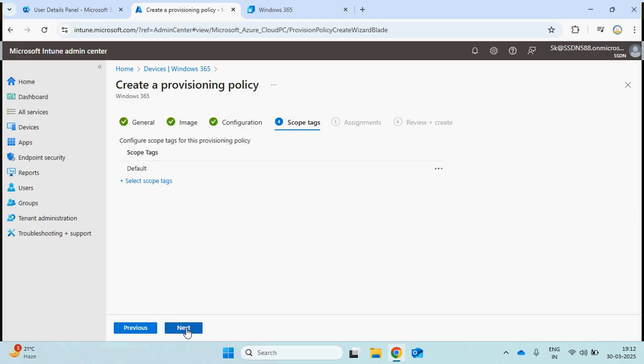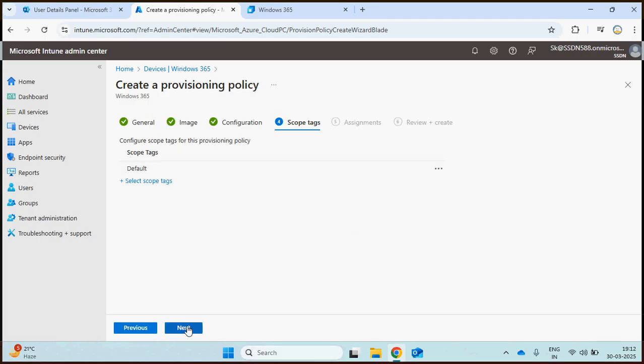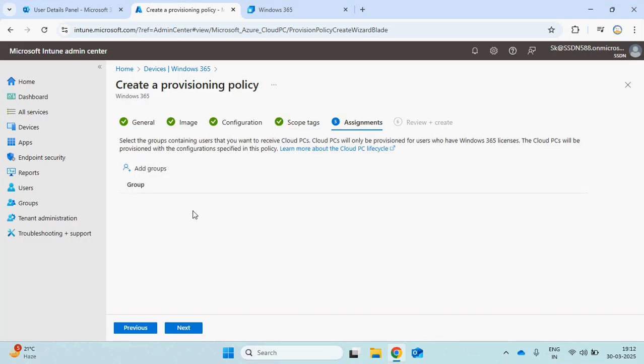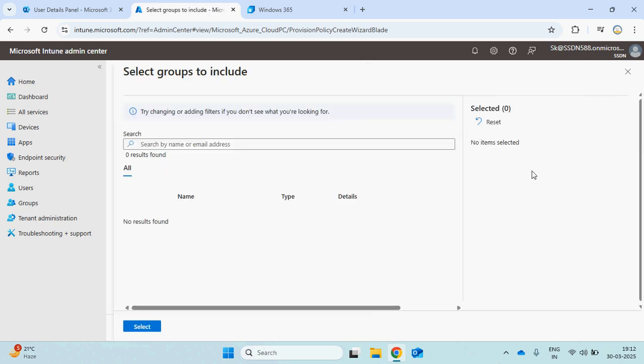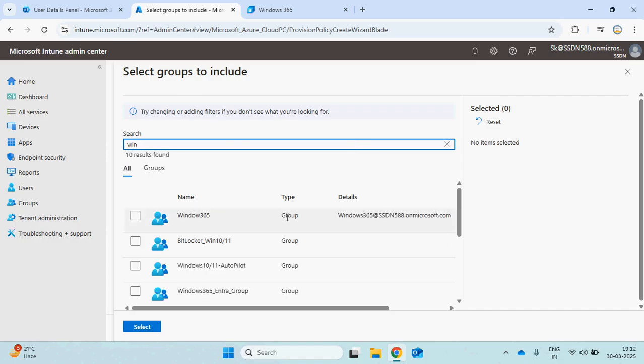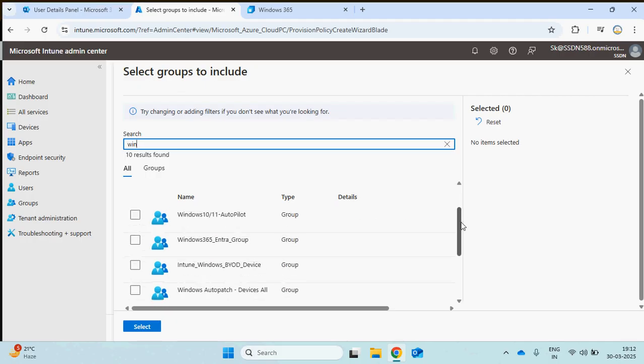Click next. Then this is your scope. Click next, and then you have to add a group, right? I have created a group, so I'll go here and choose that group. Make sure, before we assign the license, I've created multiple groups.